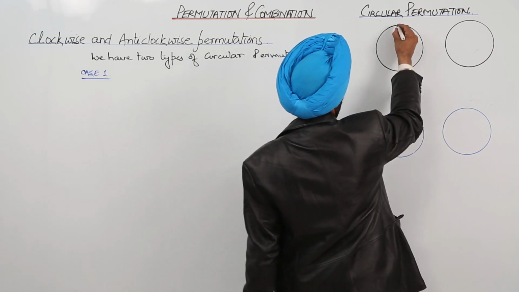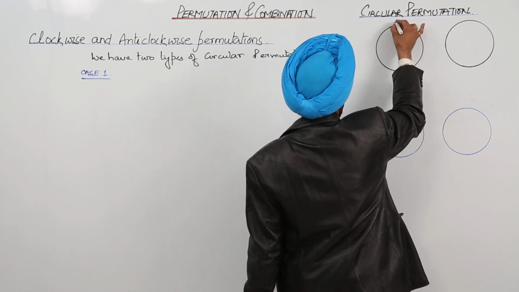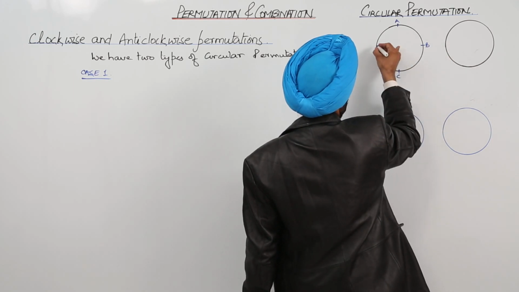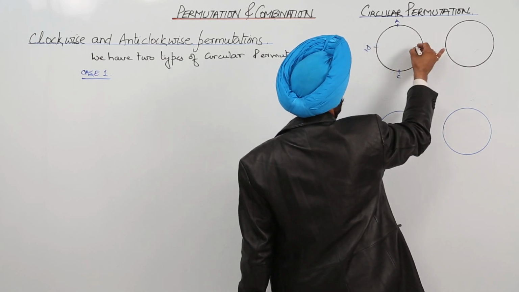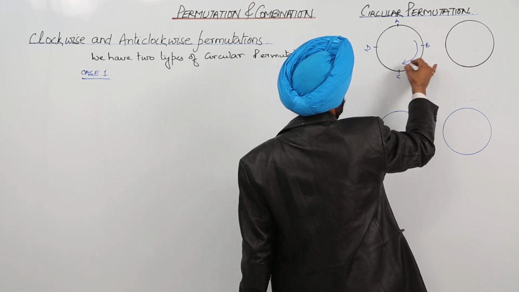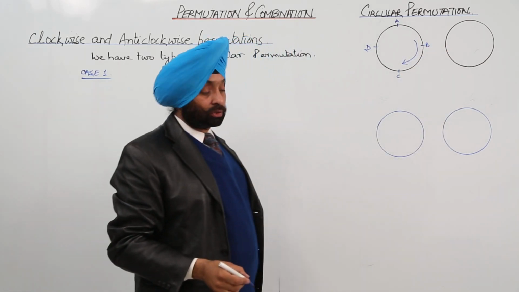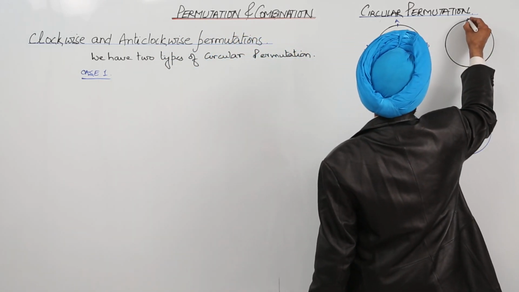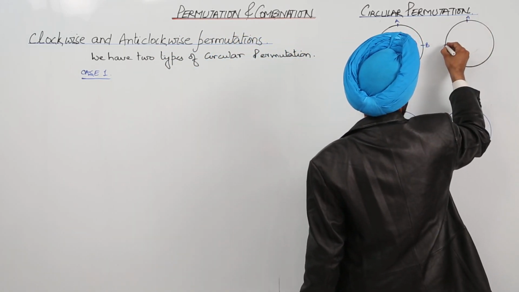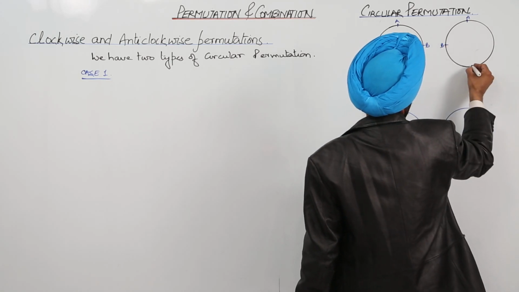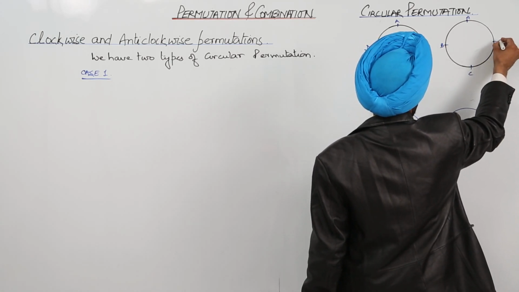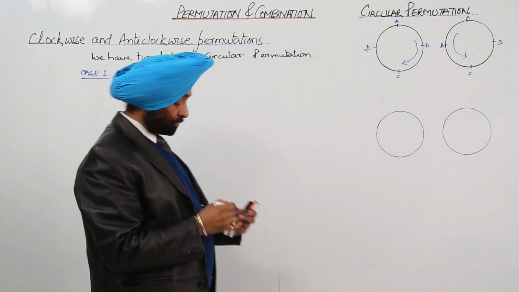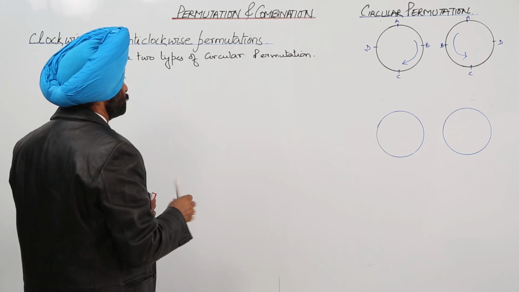Suppose we are having A, B, C and D. Now this we are going in this position. Okay. Then we are having here A, B, C and D. Now we are moving along this direction. Okay. So case 1 is